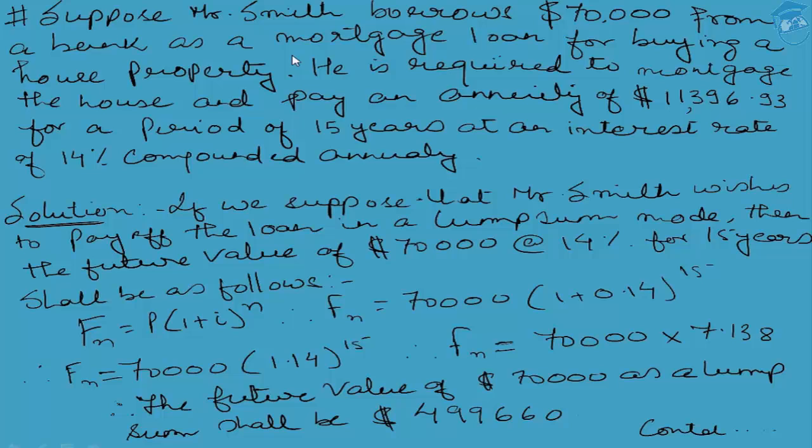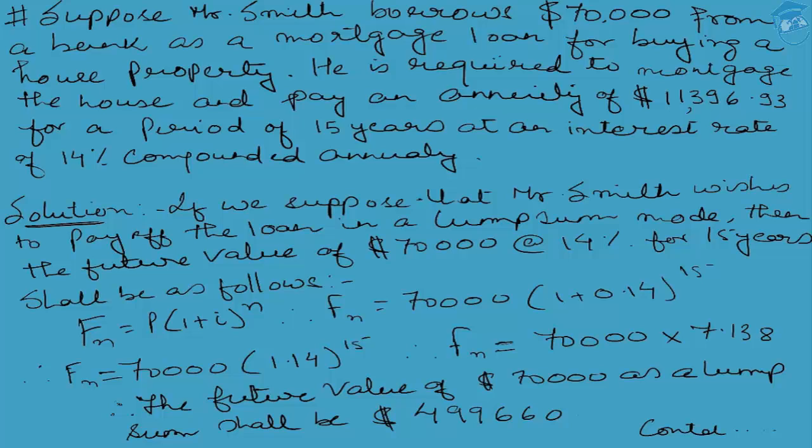So obviously, unless Mr. Smith repays the loan, that is the principal amount as well as the interest amount, completely, the house property ownership title won't be passed into the hands of Mr. Smith. So for the time being, it has been mortgaged, hypothecated with the mortgage bank. But now the bank is asking Mr. Smith to repay the loan through a stream of annuity payments. So Mr. Smith is required to repay the loan to the bank in the form of an annuity whose amount stands at